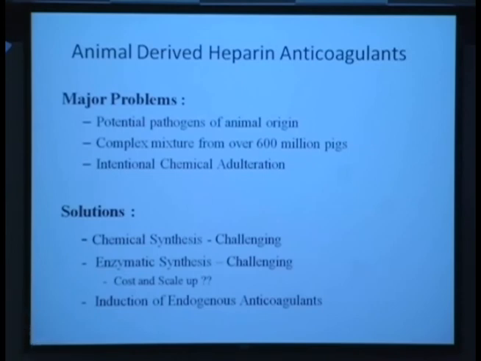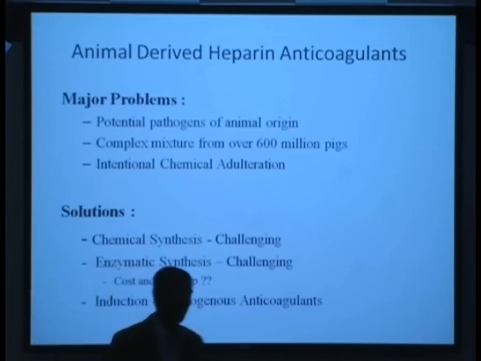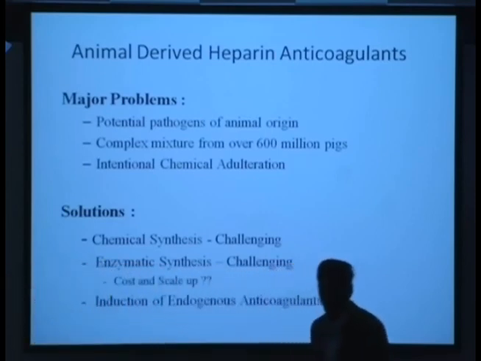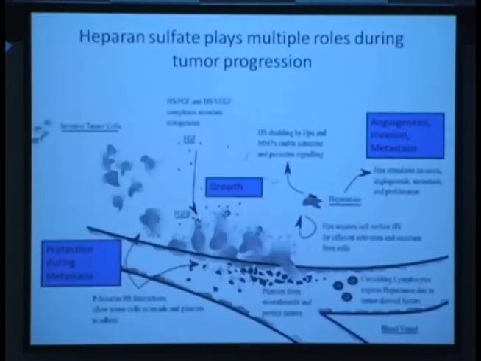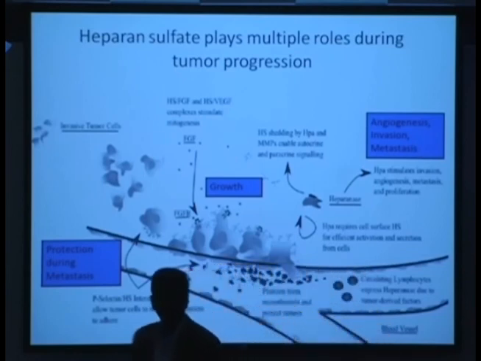An alternative would be stimulating anticoagulants endogenously, because we do make heparin in our body. We do make heparan in our body. So if we can stimulate it endogenously, that would be another approach. That's one of the approaches our lab started out with, using xenocytes, which we'll talk more about, I think, towards the end. And so heparan sulfate derivatives as an anticoagulant can also be used